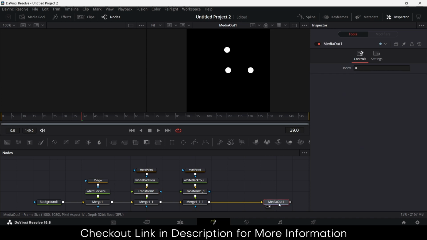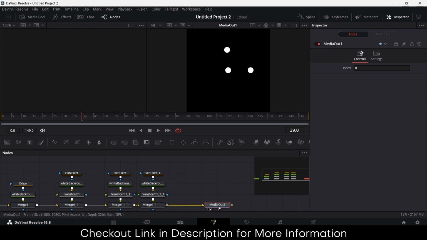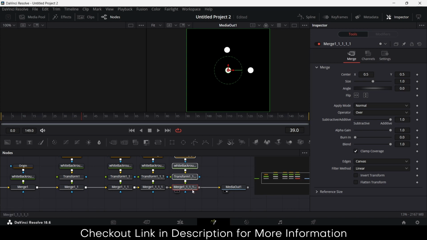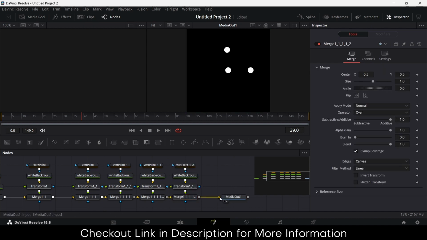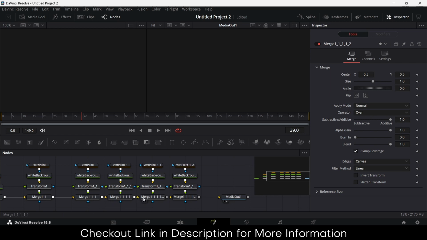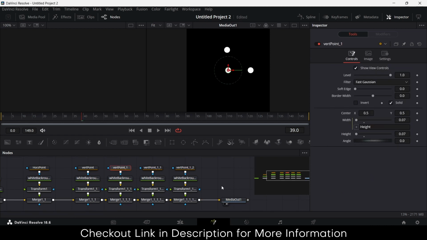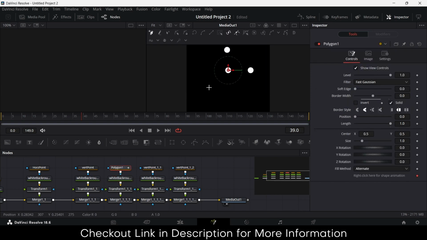Okay, so how can I make lines? That's the important thing. So I will select all of them, press Ctrl C, press Ctrl V. I need 3 lines total, so I will copy and paste 3 times, press Ctrl C, press Ctrl V, and one more, press Ctrl V. So let's now connect all of them. Select this word point 1, delete it. Select this background and select the polygon tool. Simply click on here, draw a line by pressing Shift. Now right click,